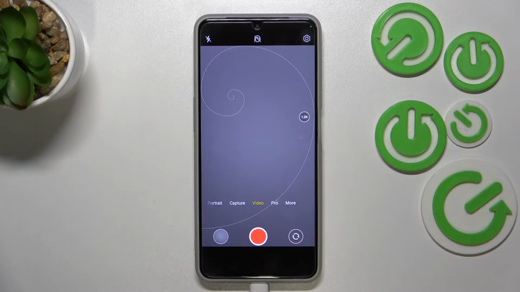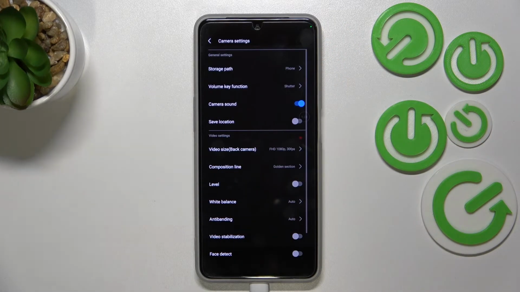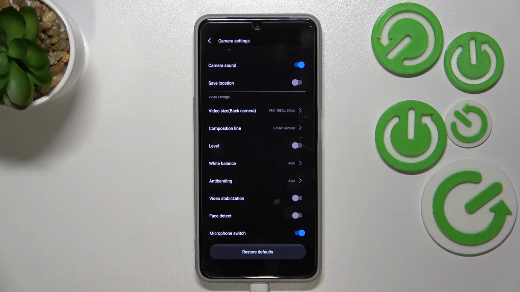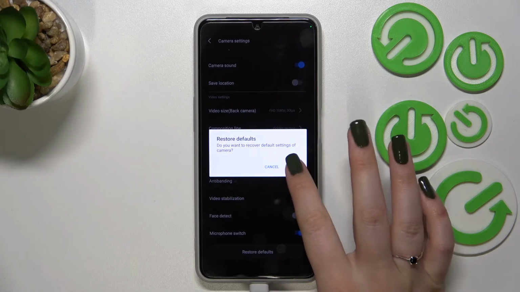So basically all we have to do right now is to simply enter the settings. And as I said, it doesn't really matter where you will open it, on the video or the camera. Just scroll down to the very bottom to find the Restore Defaults option. Your device will of course ask you if you really want to do it, so let's tap on Done if